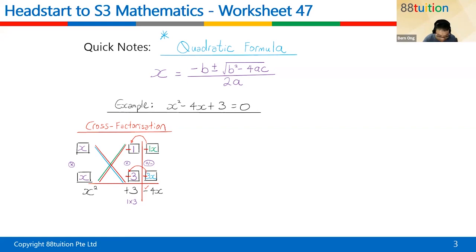And please do a final check. Where's the final check? Minus 1 times minus 3, is it a plus 3? It is. So you read your answer from left to right. Do you remember all these or not, children? So you can boldly say that x squared minus 4x plus 3 equal to 0 can be written as x minus 1, x minus 3 equal to 0.